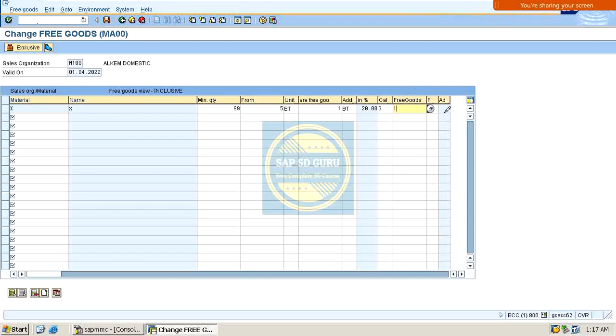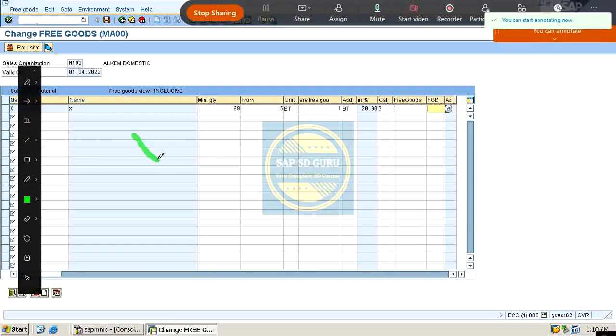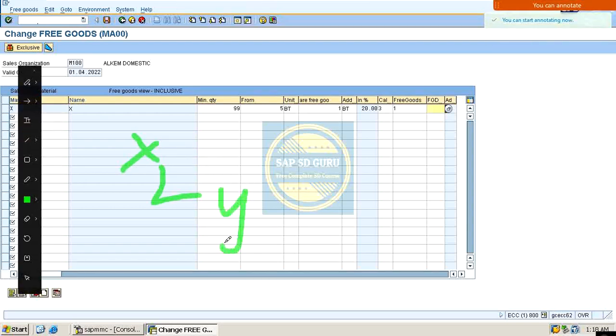See here the next one is this field, free goods delivery control. This field controls that the free goods should be delivered in relation with the main item. What it means is the free goods should be delivered in relation with the main item. See, if X is the main item and Y is the free good item, and there is no stock of X,